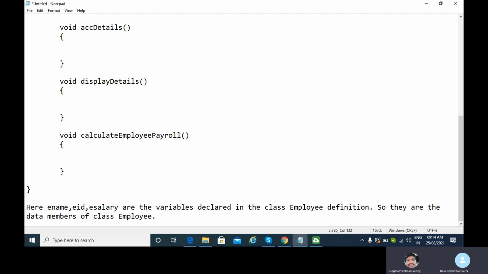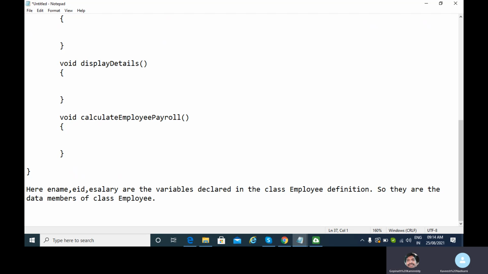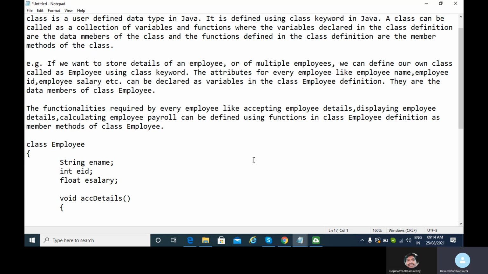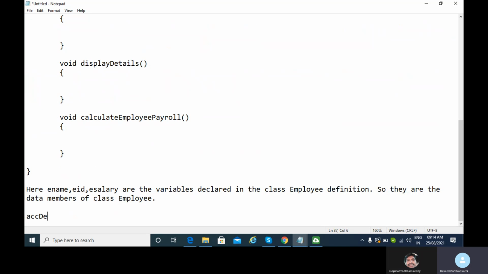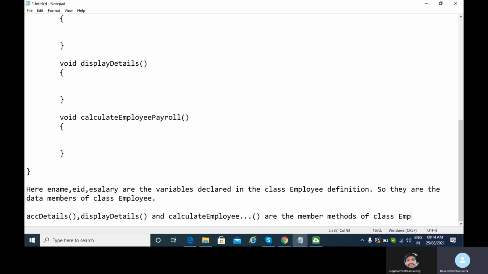And similarly, accept details, display details, and calculate employee payroll are the member methods of class employee.